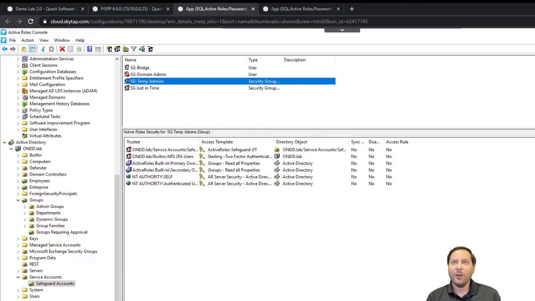As I mentioned before, by disabling the account and removing it from that group, we've effectively made that hash useless. So anybody who has it and is going to try to do something nefarious with it will no longer have the ability to do that. And that's what we really want. We want to make this as secure as possible.